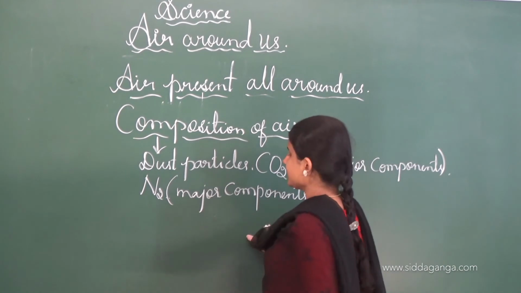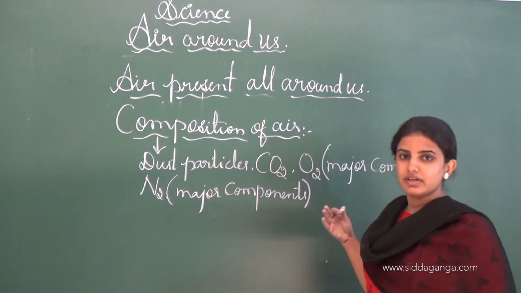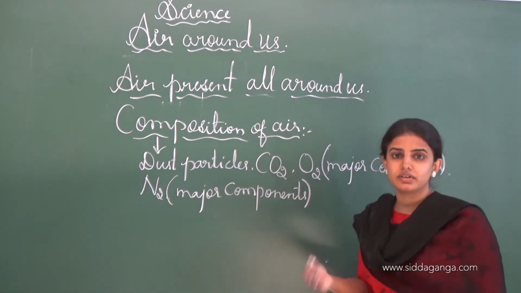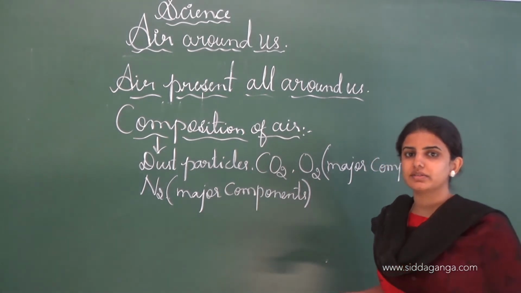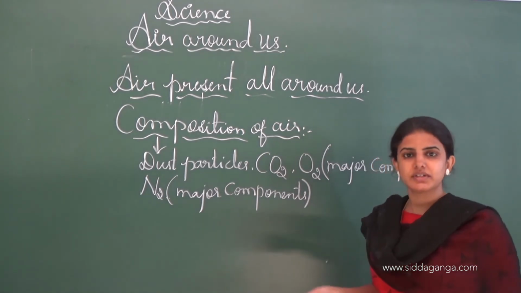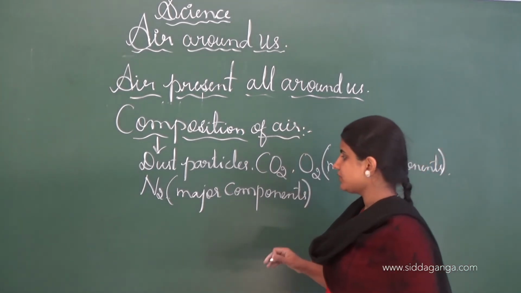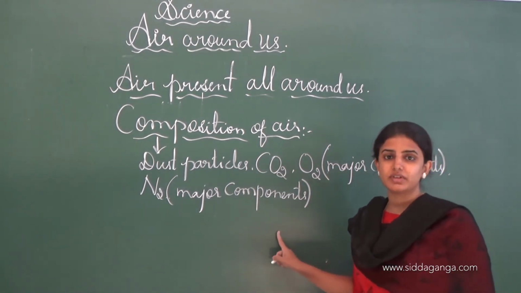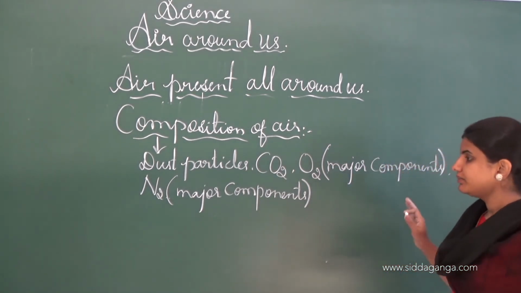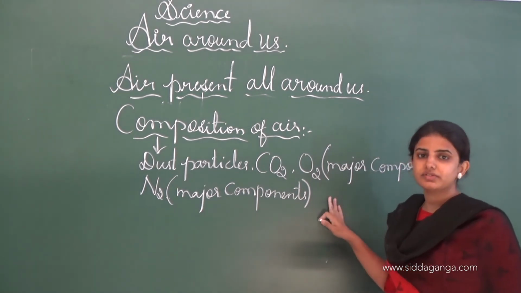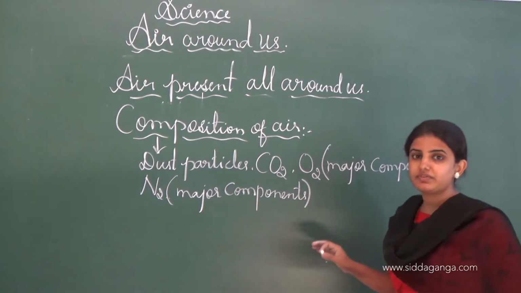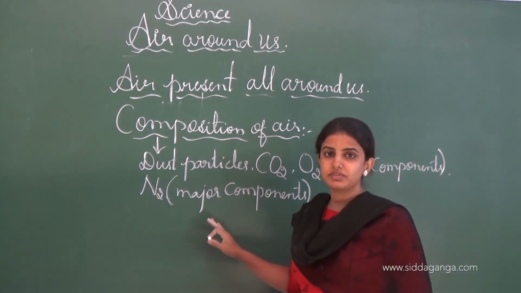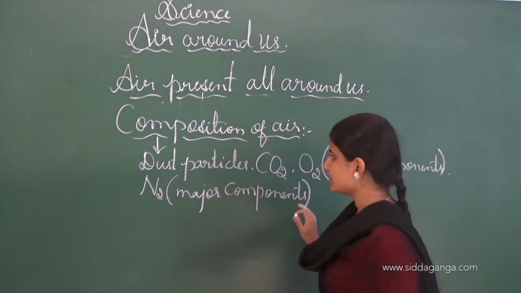And compared to nitrogen, oxygen is less in nature, and this amount of oxygen is utilized by all living organisms. Most of the air in the atmosphere contains nitrogen, so it is one of the major components in the air. Beside this nitrogen, oxygen is present at 25%, whereas nitrogen is 75% present in nature or the air.